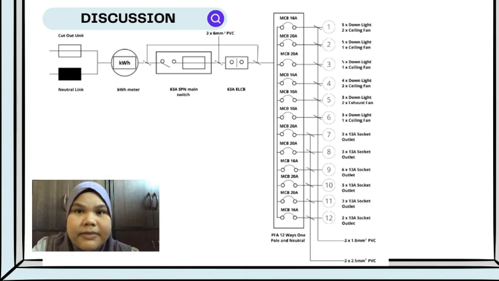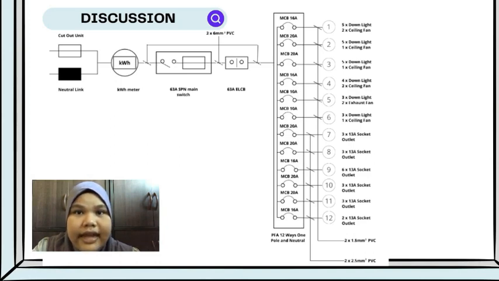There are 12 MCB in the distribution board, where MCB 1 with 16 ampere connected to 5 downlight and 2 ceiling fan, MCB 2 with 20 ampere connected to 5 downlight and a ceiling fan, MCB 3 with 20 ampere connected to 5 downlight and a ceiling fan, MCB 4 with 16 ampere connected to 4 downlight and 2 ceiling fan, MCB 5 with 10 ampere connected to 3 downlight and 2 exhaust fan,